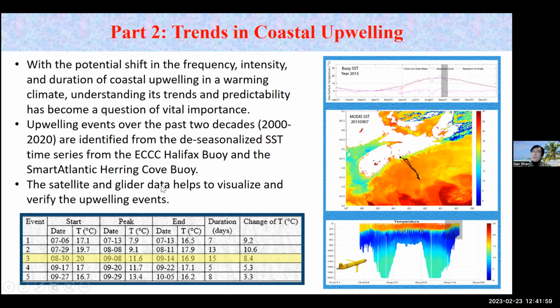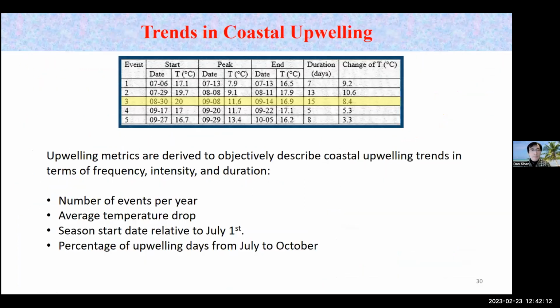And we also, by doing this cross check, confirm each upwelling event from the marine buoy with the satellite observation and glider observations. So that is for a particular year, and we can repeat this table for 20 years. And then we can derive upwelling metrics to objectively describe a coastal upwelling trend in terms of frequency and